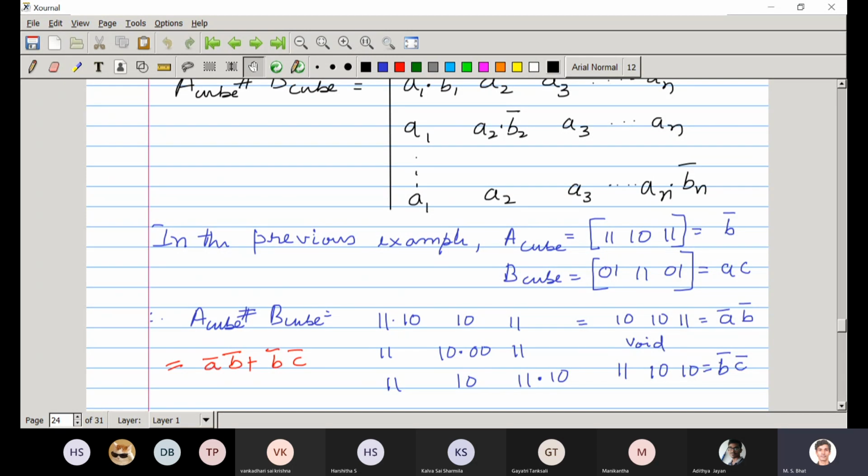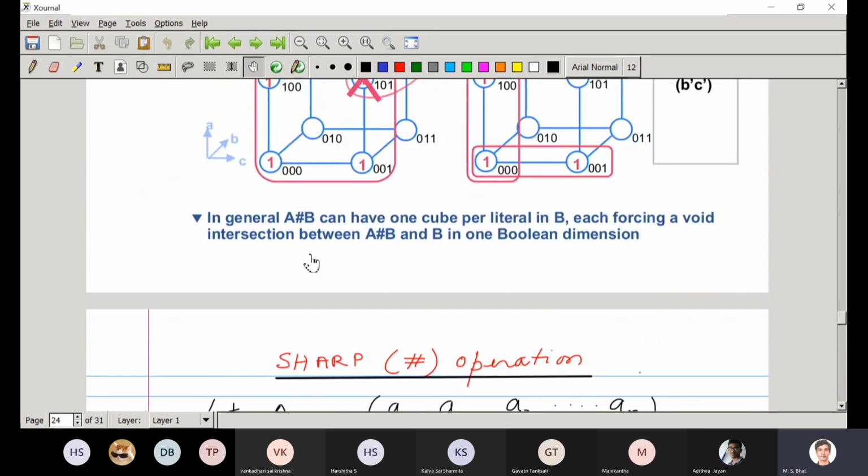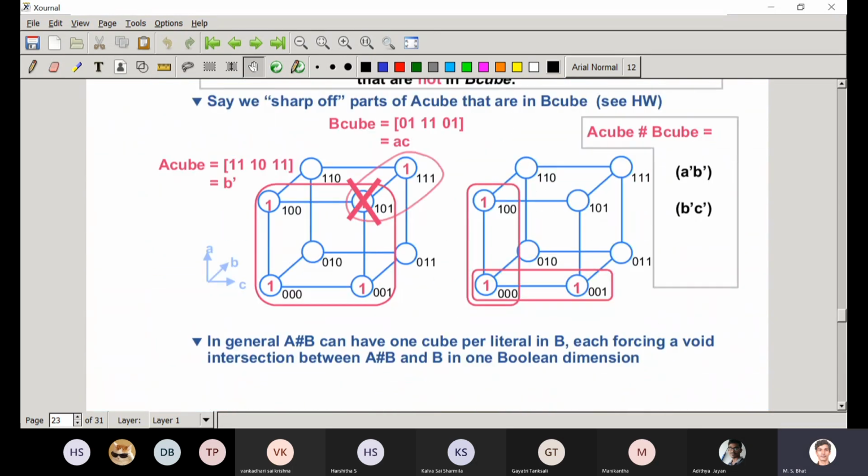So your A cube sharp B cube is actually A bar B bar, that is this, plus B bar C bar, that is this. That is what is shown here. This is A bar B bar. This vertical cube is B bar C bar.